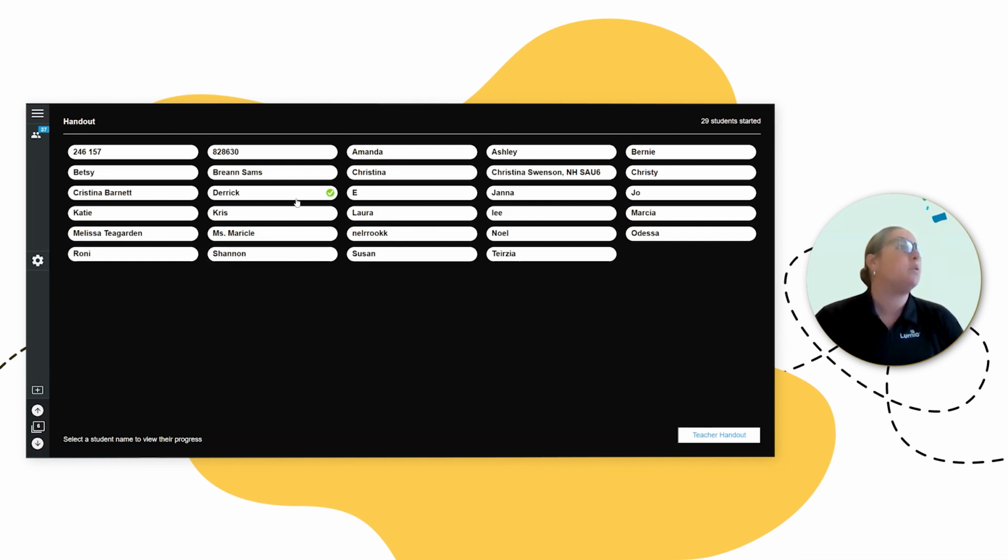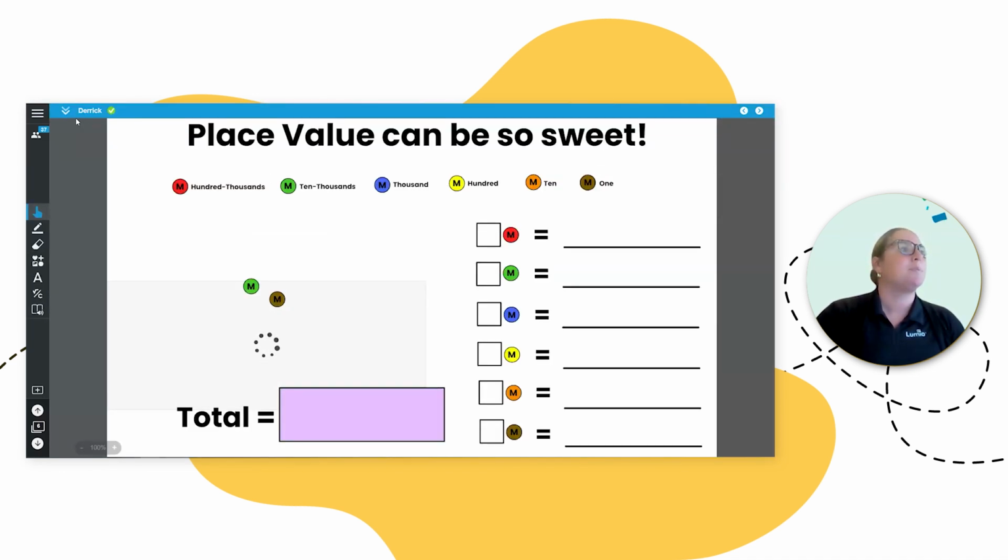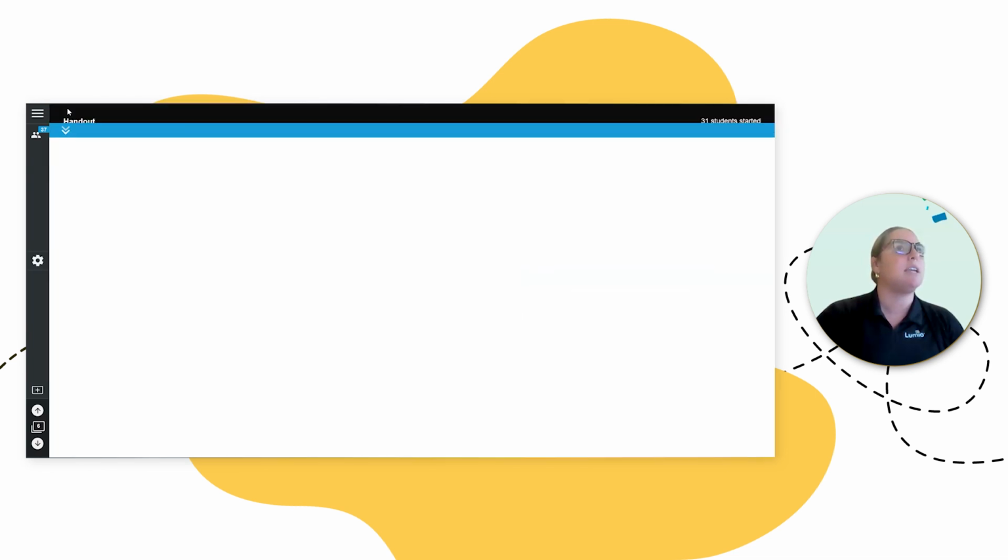I see Derek, he's exploring the done button. So when he hits done, I will see a green check mark next to their name. Derek's practicing still.